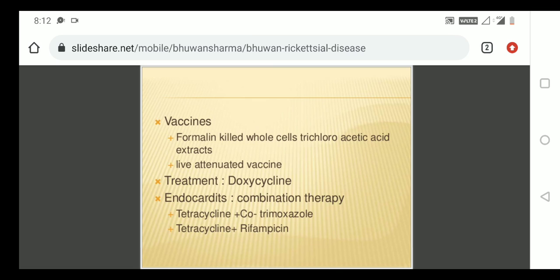So in a chronic infection like endocarditis, the combination therapy, that is tetracycline plus cotrimoxazole we can use, or tetracycline plus rifampicin is the treatment which is used in the case of chronic infection for the human. Okay,